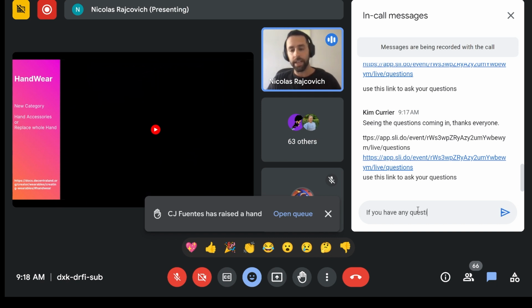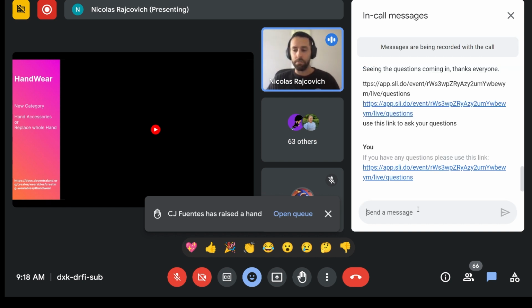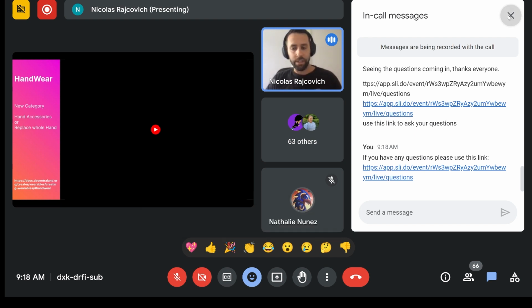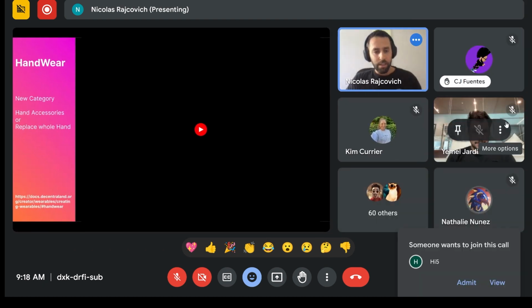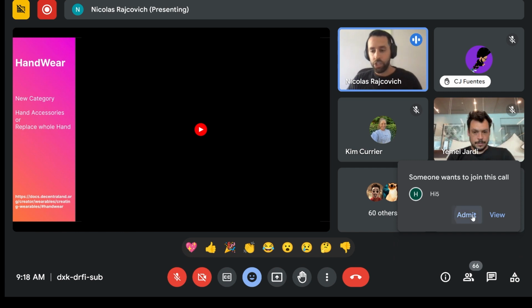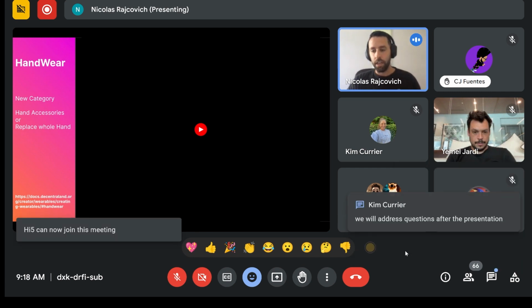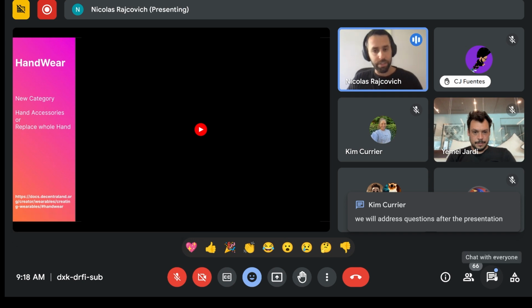You can have hand accessories like rings or bracelets, and also you can replace the whole hand, so you can have tentacles or a hook or whatever creativity allows us. This is already out there. You can check the docs that are linked at the bottom left. So just go ahead, it's super easy to create.